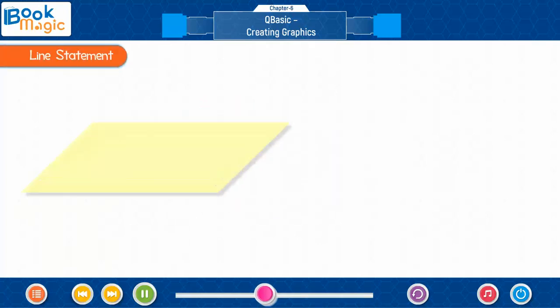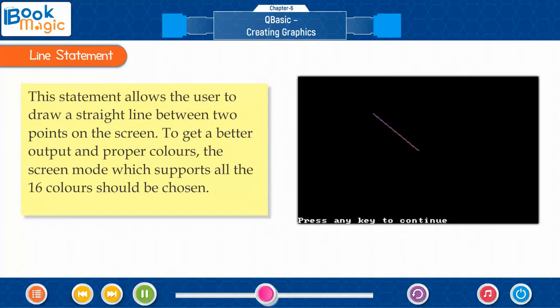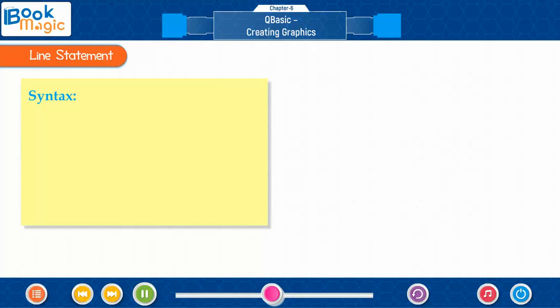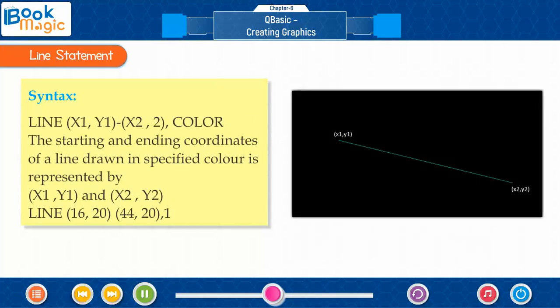LINE statement. This statement allows the user to draw a straight line between 2 points on the screen. To get a better output and proper colors, the screen mode which supports all the 16 colors should be chosen. Syntax: LINE (x1, y1)-(x2, y2), color.